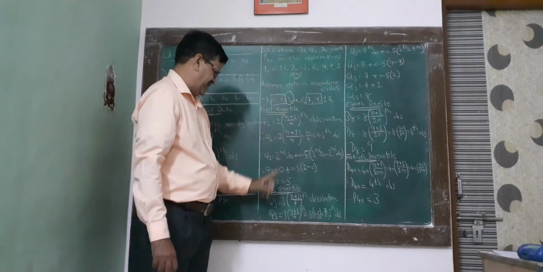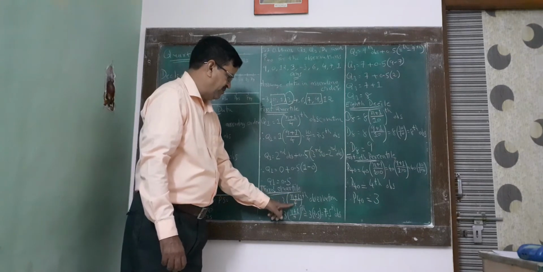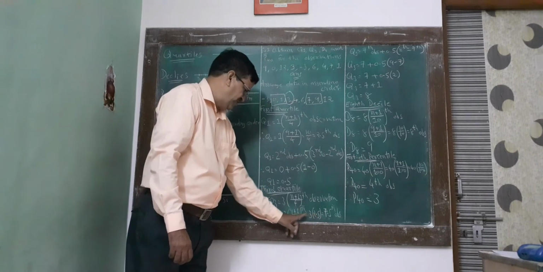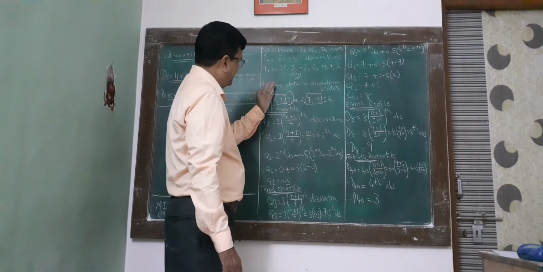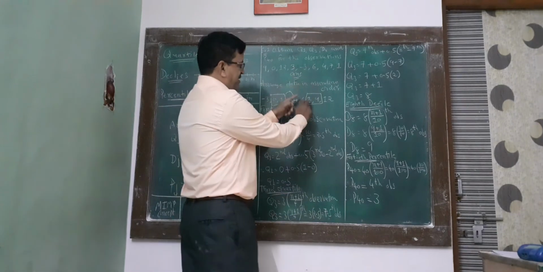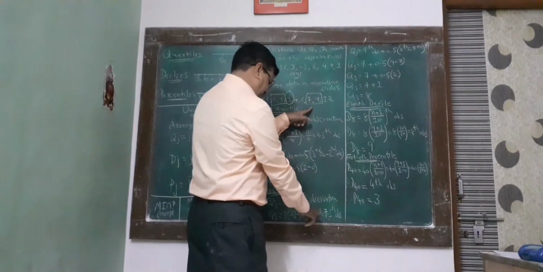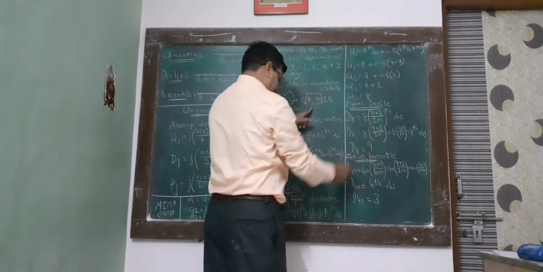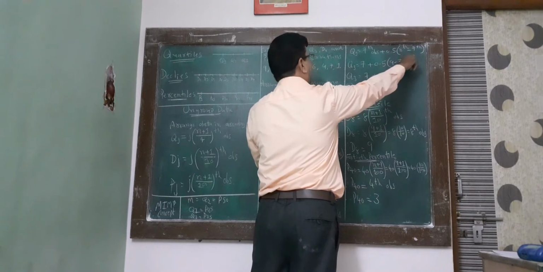Now the third quartile, friends. Third quartile, Q3, is 3 into (10 plus 1)... that is, 3 into (n plus 1) by 4. 9 plus 1 is 10. 10 by 4 is 2.5. 2.5 into 3 is the 7.5th observation. So 7.5, counting from here: first, second, third, fourth, fifth, sixth. 7.5 comes between the 7th and 8th observation. So 7 and 9. So Q3 is equal to the 7th observation plus 0.5 into (8th observation, which is 9, minus the 7th observation).